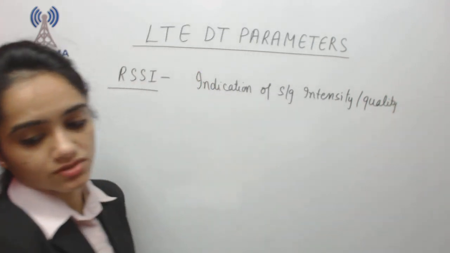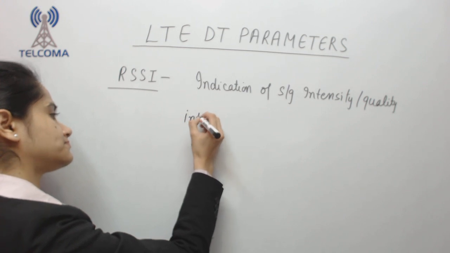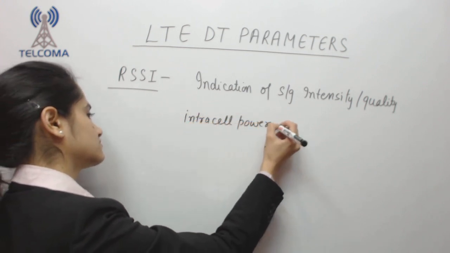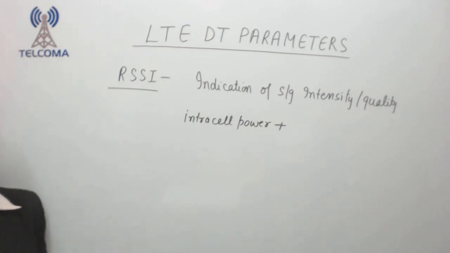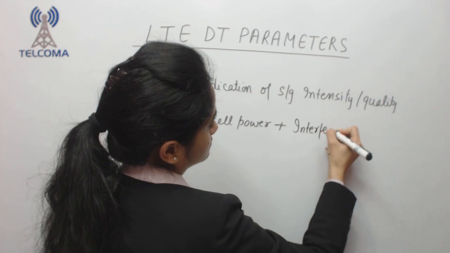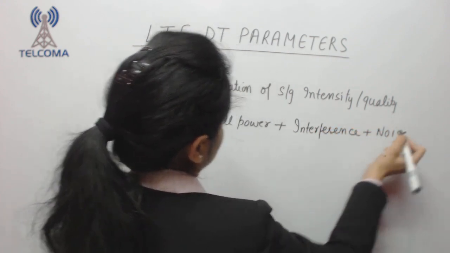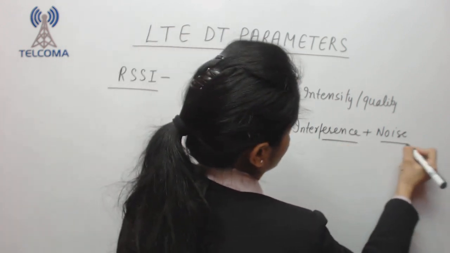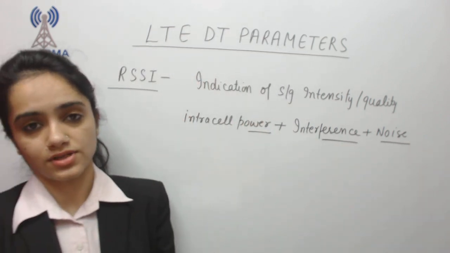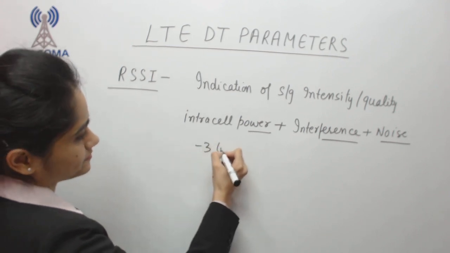It is a combination of intracell power plus interference plus noise. What power we are getting, what interference and how much noise we are receiving. And its value ranges from -3 to -19.5